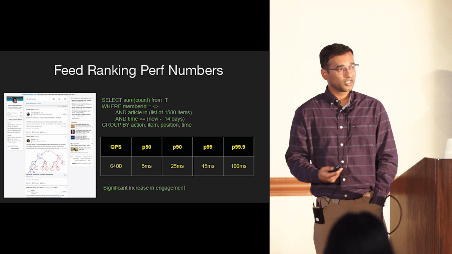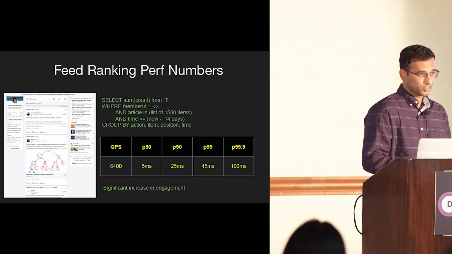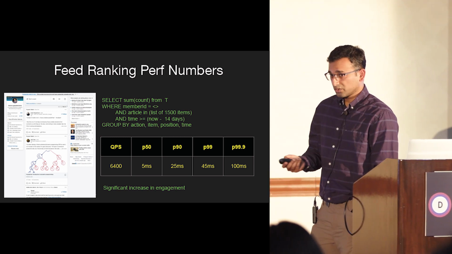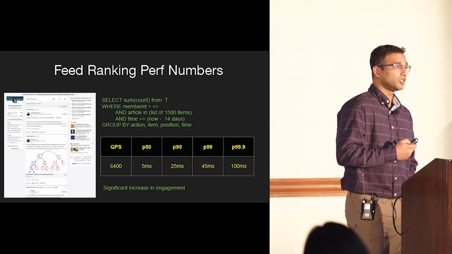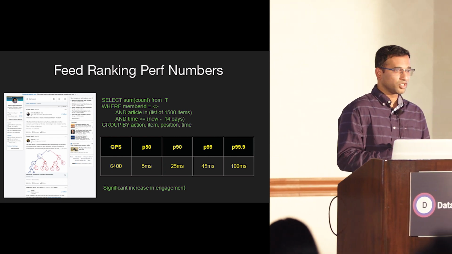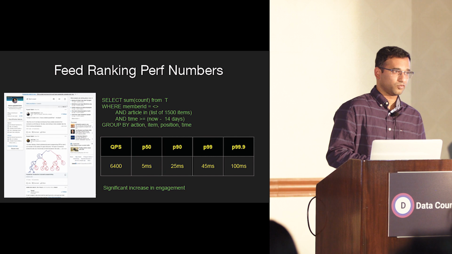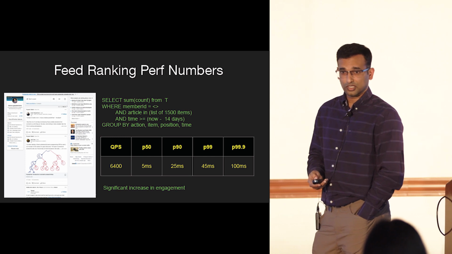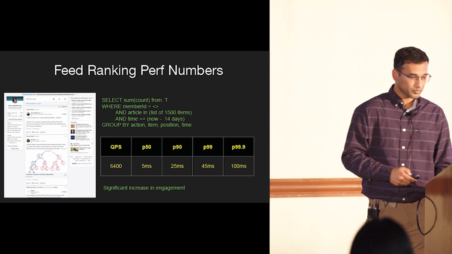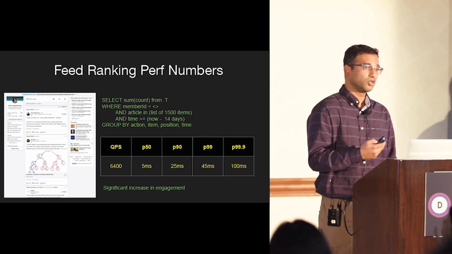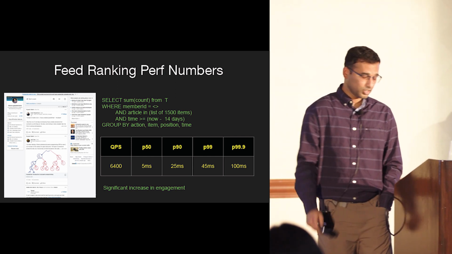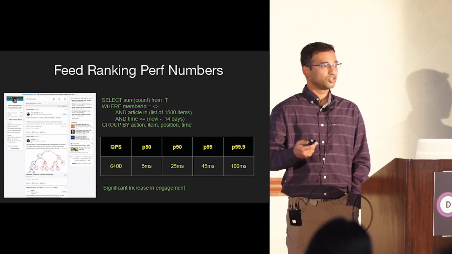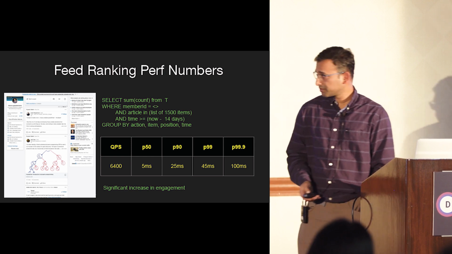And as I said, one of the key things that is super important for us in solving this analytics use case is latency. We have close to 6,000 queries coming in, which is not really heard of for an analytics use case. So think of analytics, but solving an OLTP kind of workload. The 50th percentile is as low as 5 milliseconds for us, and we have a very strict SLA of 100 milliseconds, which we cannot really miss, because feed is one of the first things you do as you log into LinkedIn.